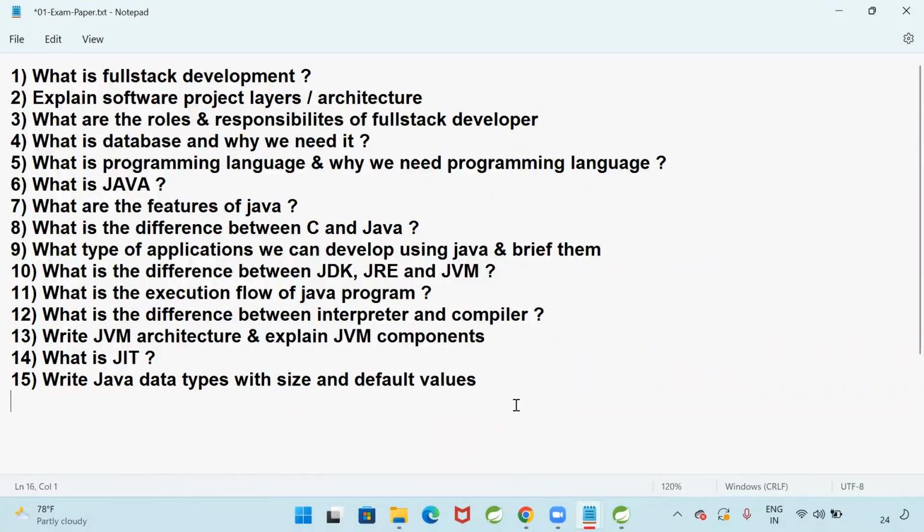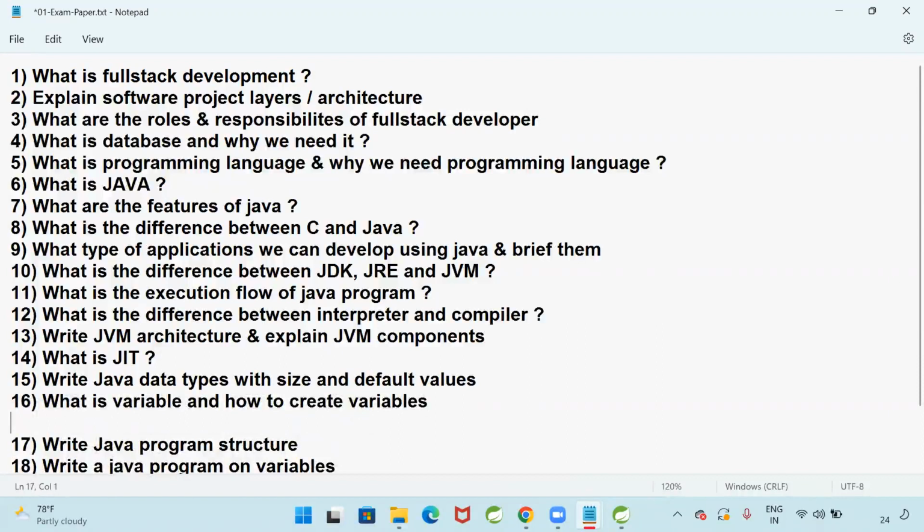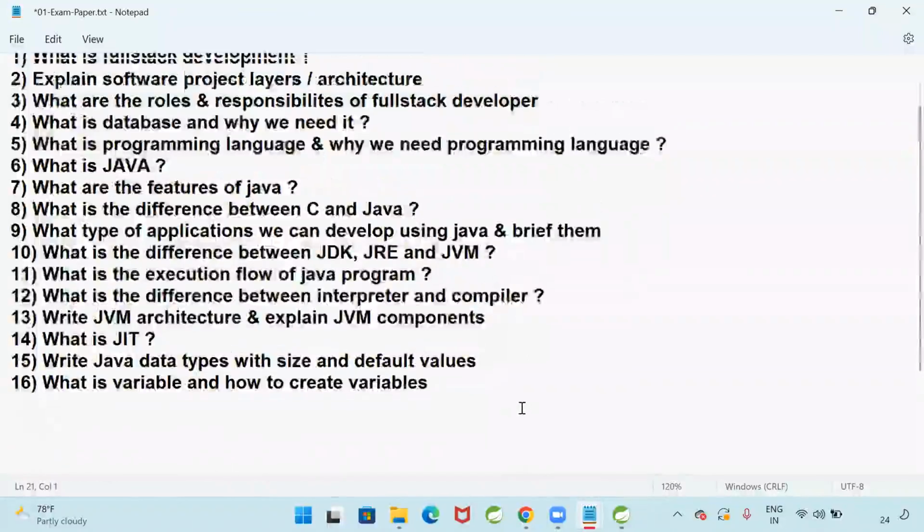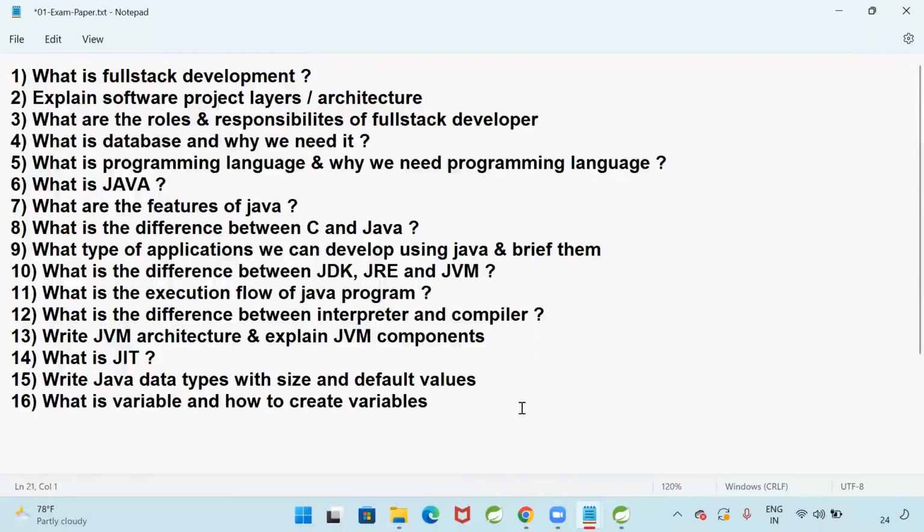What is a variable and how to create a variable? What is the purpose of a variable and how to create it? Syntax.